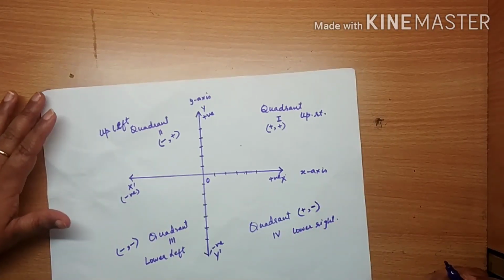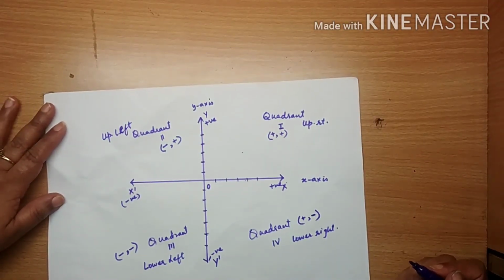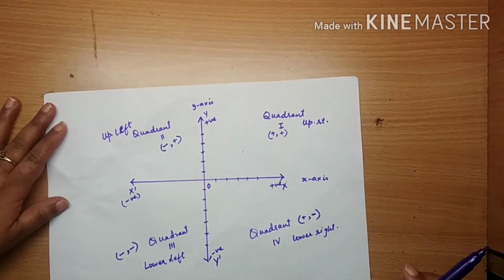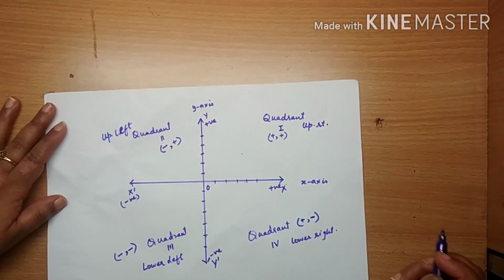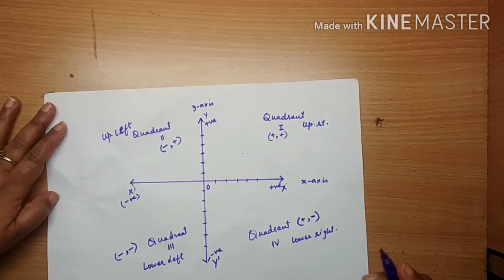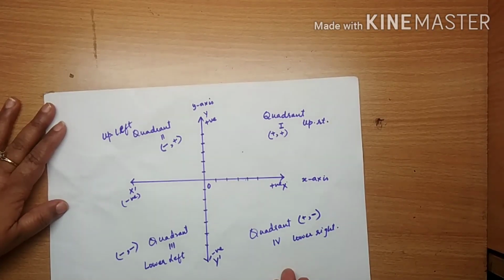So we have this. Now suppose I need to think of how we visualize. This helps you to visualize without actually plotting the point. Suppose I need to think of where the point (2, -3) lies. Now what is x? 2 is positive, that means the right side. Y is negative, that means the lower side. So lower right, that means fourth quadrant.